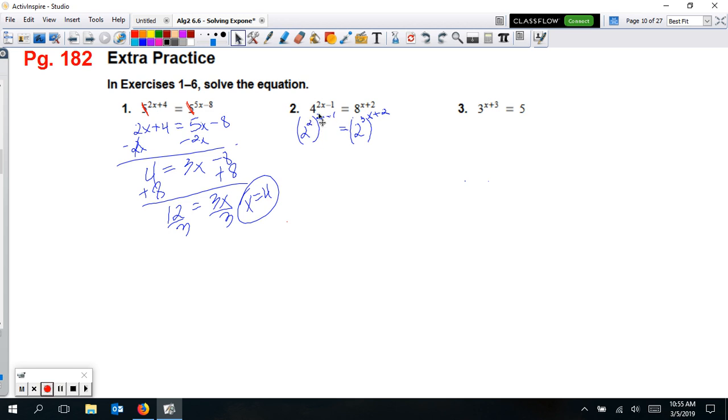This 2 will multiply our 2x minus 1, 3 will multiply the x plus 2, and these will be distributive properties. So that's what we'll do there. So that will become a 4x minus 2 for that exponent, a 3x plus 6 for this exponent, and now the base 2's cross out, and now we can just have our exponents equal each other,